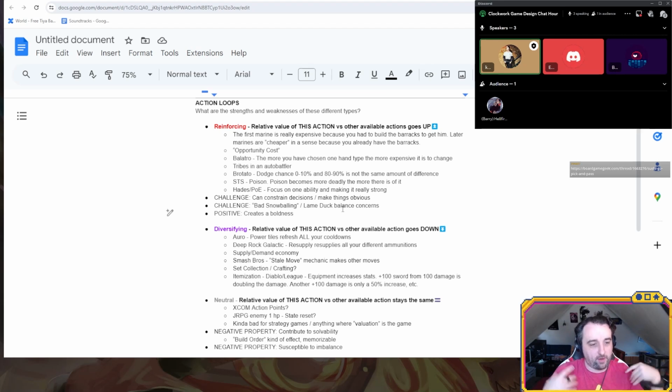Euro games are very much about that diversifying sort of value, maybe to a fault sometimes. Whereas reinforcing an action can be very bold, very exciting and clear, and really change the game state in a bold way.